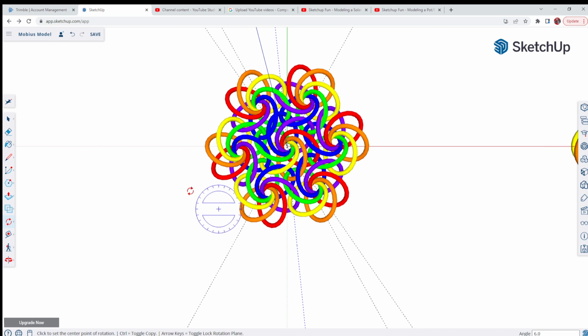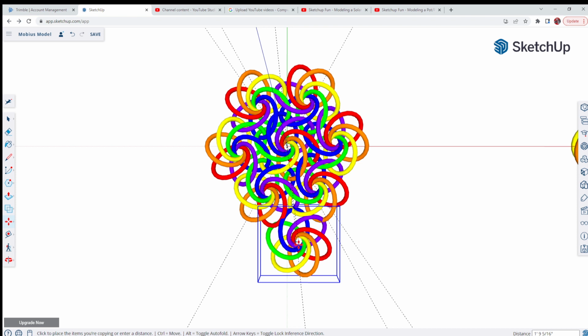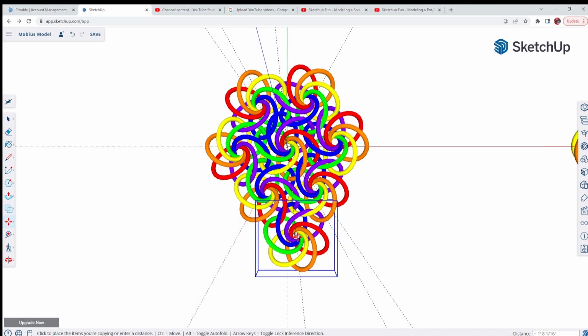So this is where our next, oh, I need to click on that. This is where our next Mobius is going to land. So we'll come up here, click on this, and again we're going to move along that. We can hit the origin point here since I'm using this one, make a copy of this, and we're going to slide down here until we're at